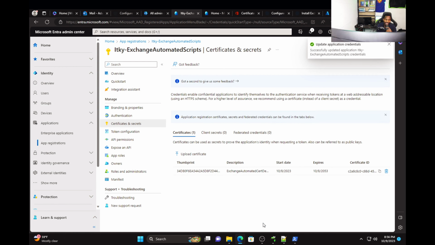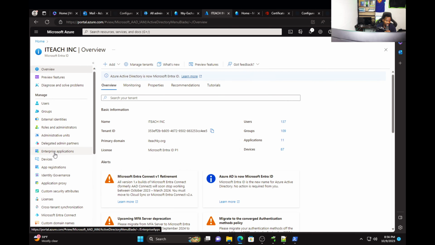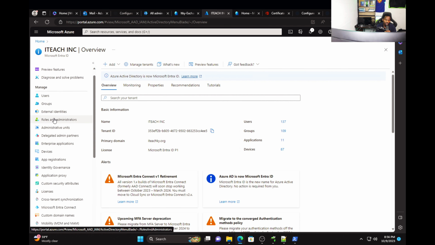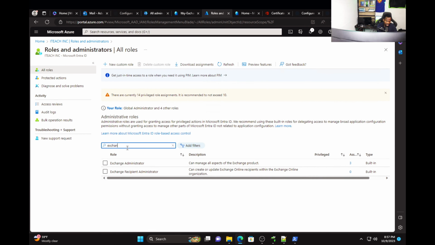By hitting add, we have now successfully done the third step, and we're now going to do the fourth, and then the fifth step will be done. So now what we're going to do is go to the Azure portal over here. Let me grab the Azure portal, where it says roles and administrators, and then you're going to search for Exchange administrator,